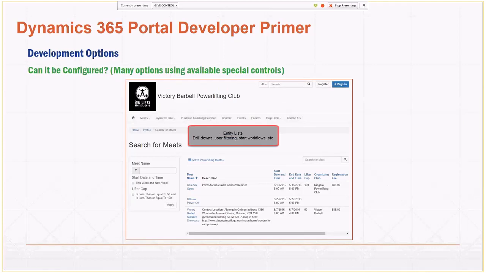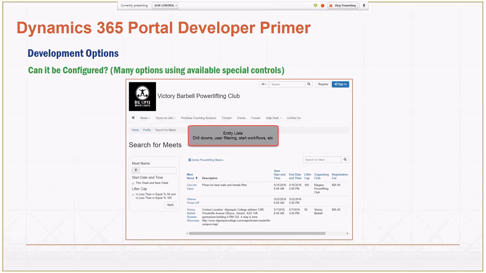So if you are a long-time Dynamics CRM developer, you've probably learned over the years that before you actually start creating a plugin, before you start making custom web controls to build into iframes and things like that, you should always ask the question: can you configure it? As opposed to creating a plugin, could we do this in a workflow?